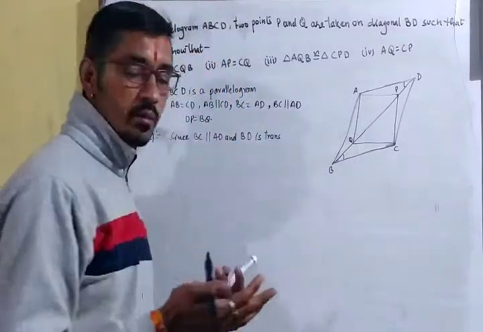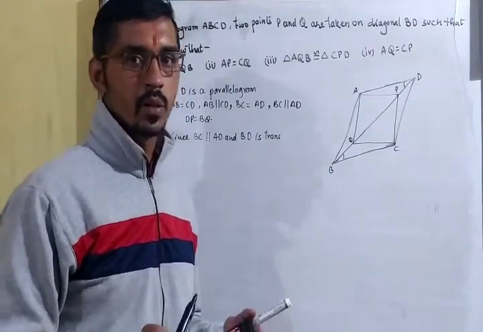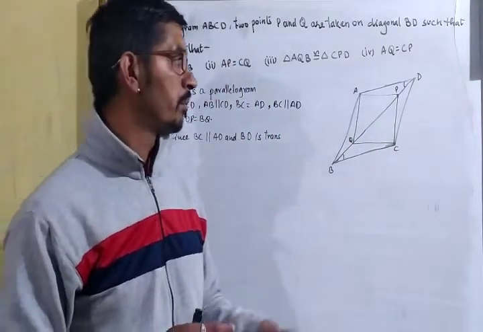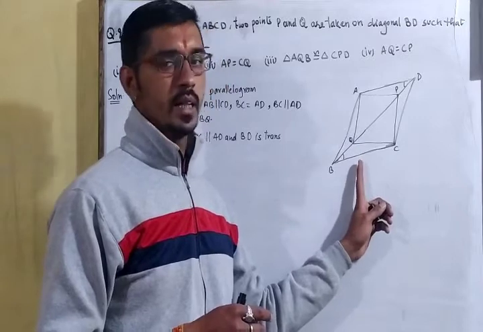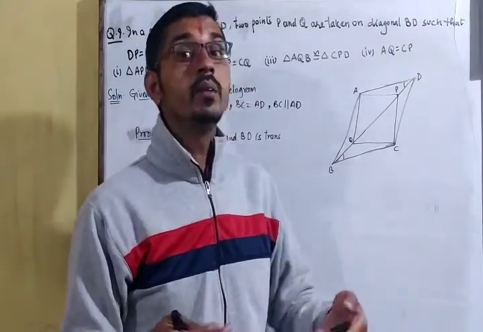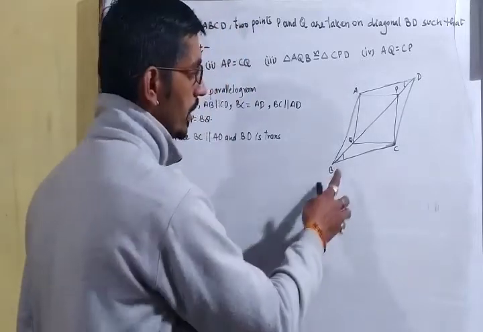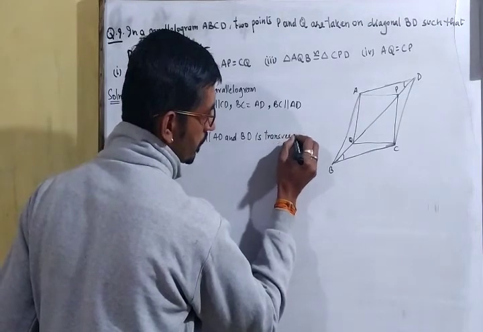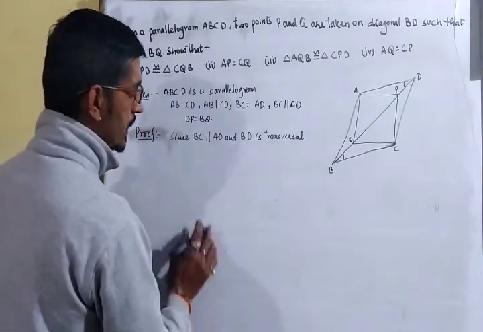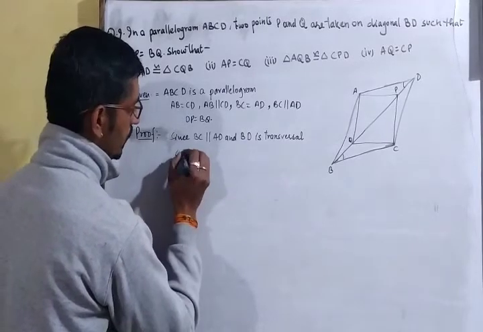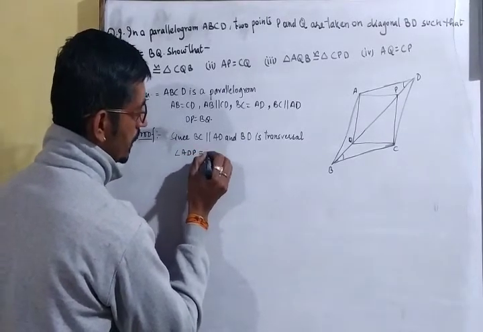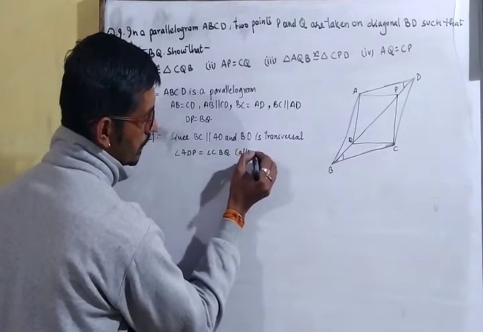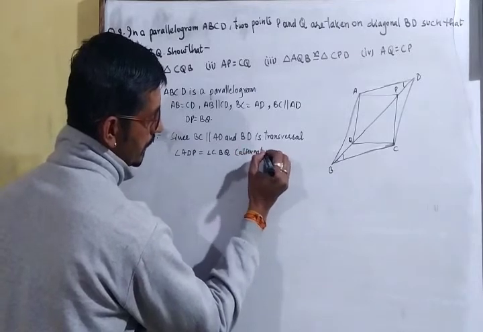है. So what we need three things for proving the congruency among those two triangles. But here two sides are equal, but तीसरी नहीं है, so we need one angle in between those two sides, and we have one angle by alternate pair of angles. So BD is transversal. So what we can say? Angle ADP is equal to angle CBQ by alternate pair of angles. Alternate angles.